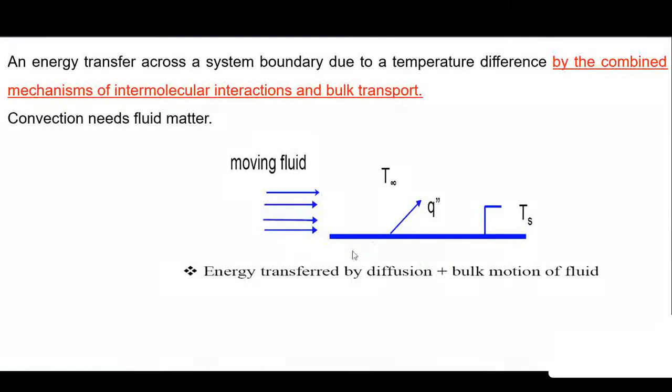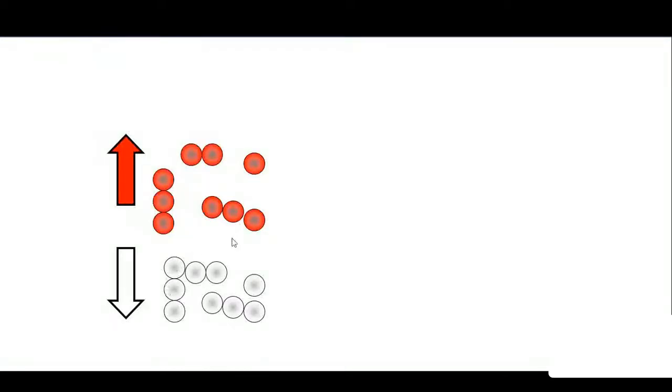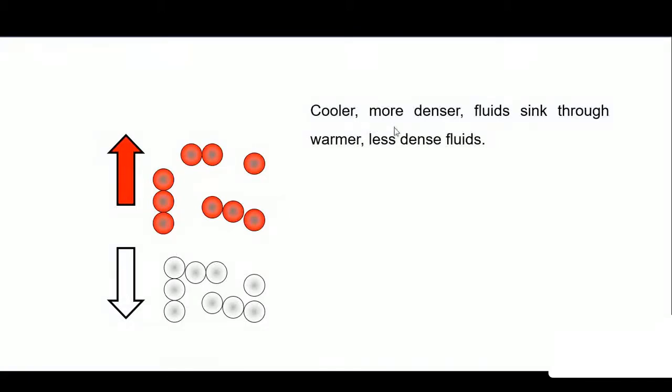Once again, why diffusion and bulk fluid motion are responsible for convection, we'll see in detail when we talk about convection in unit number 4. The fluid motion is taking place because of the temperature difference. Already I have mentioned that cooler fluid, with more density, will try to move in the downward direction under the action of gravity, and the warmer fluids or gases will tend to rise up because of their lower densities. So this is applicable for convection. Convection needs fluid motion, and the fluid motion is because of the temperature difference. That is the only conclusion we can draw from this.